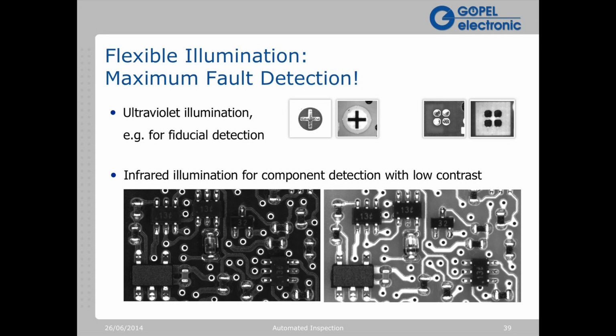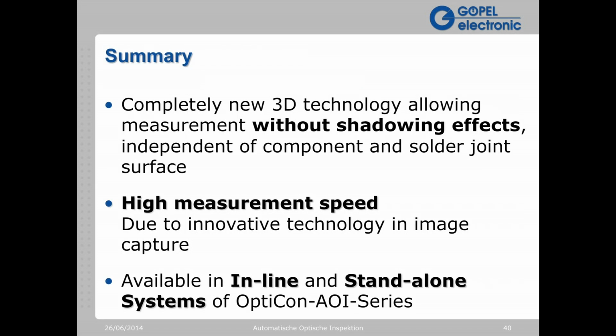However, if we bring infrared illumination to the mix, as you can see here, contrast is greatly enhanced. We can not only see the traces and leads and solder joints much better, but we can also see the packaging and even the markings on the packaging much more effectively. So as you can see, having a wide range of illumination options available can be extremely powerful in optimizing detection and minimizing false calls. So with that, just to summarize what we've gone over here, this is a